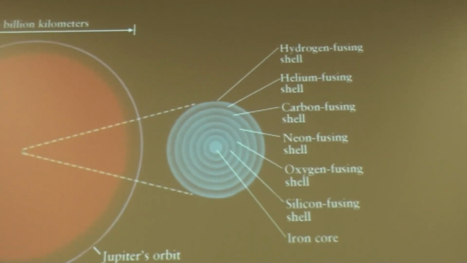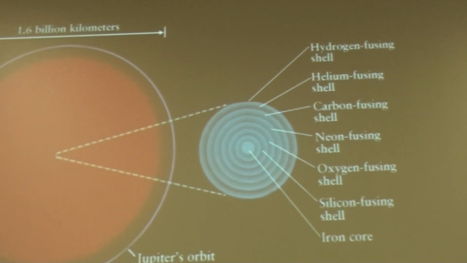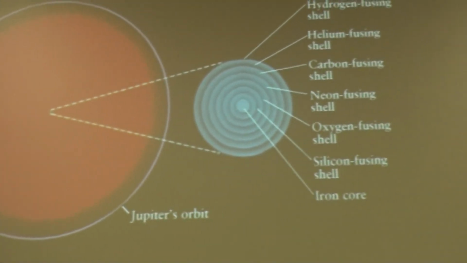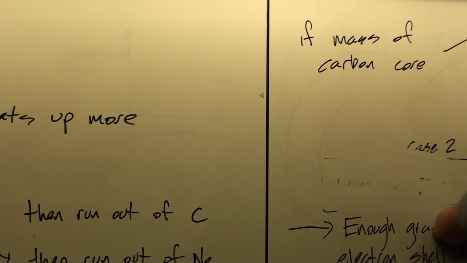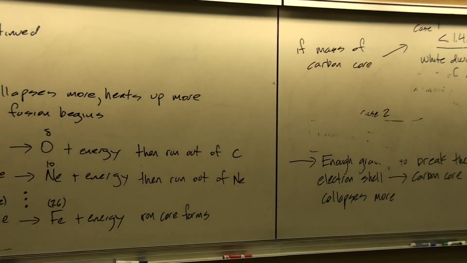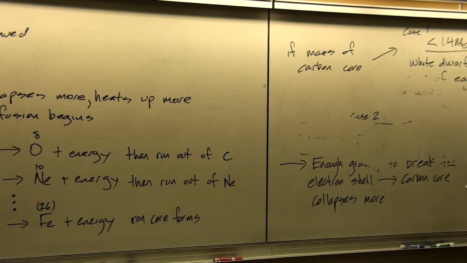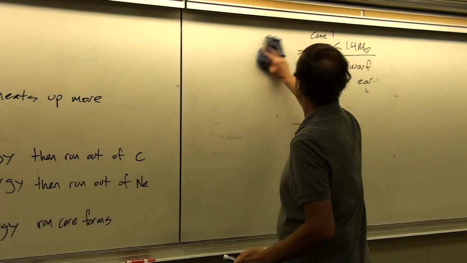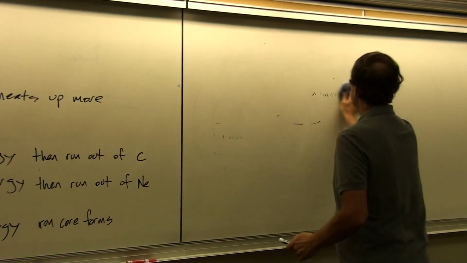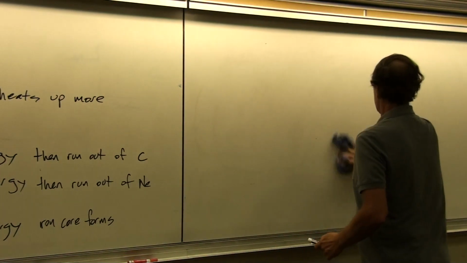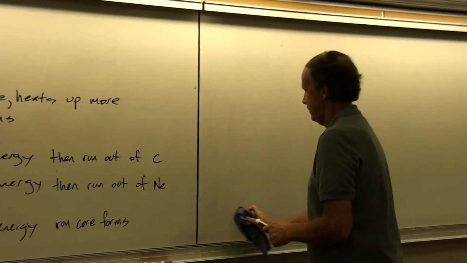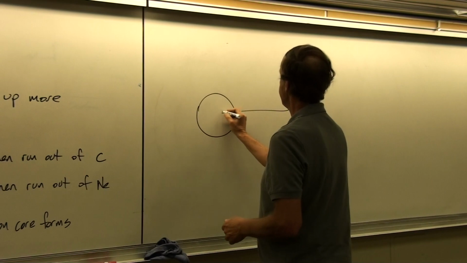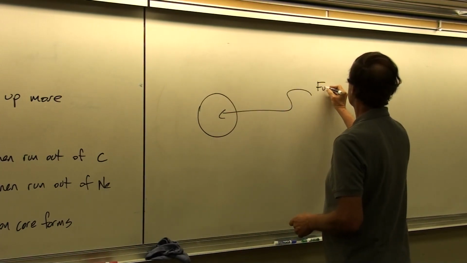Once it gets to iron, that kills stars. If we wanted to kill our own sun, all we would have to do is administer properly a sufficient amount of iron, and we could make our sun explode. Okay? And so with that thought in mind, the iron core is basically a point of instability for the star. So once we get to the iron core, this process of fusion ends.